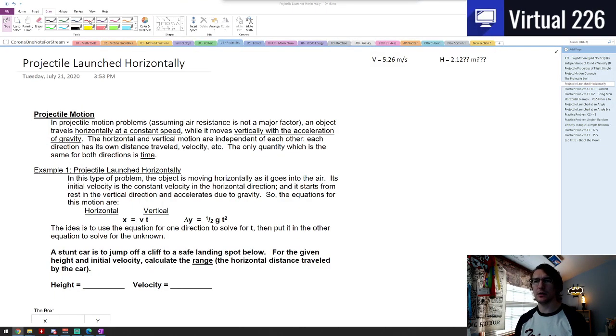Oh, I took my car and I drove it off a cliff. What? How would you do that? For projectile motion. So what we're going to do here is look at projectile motion, and for